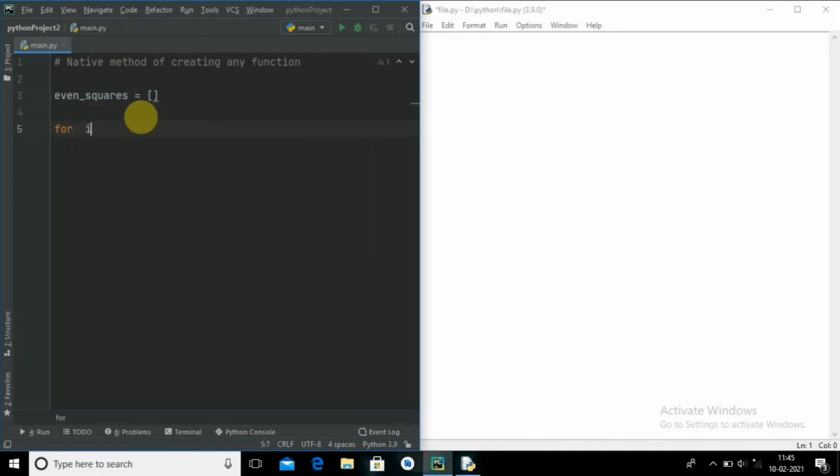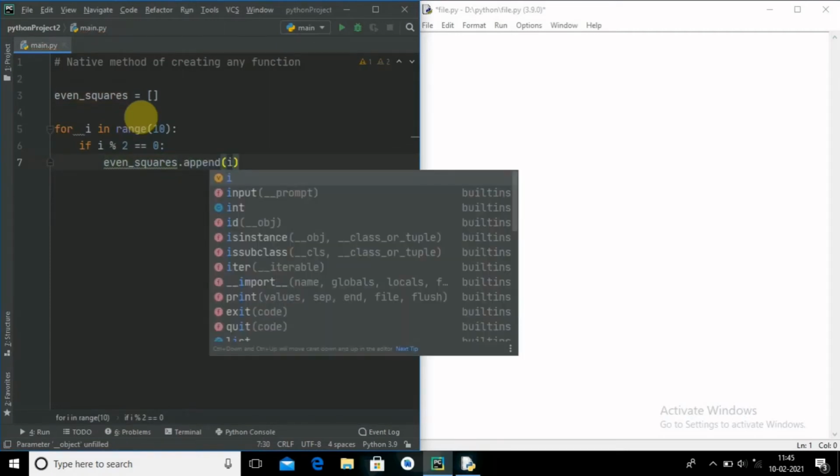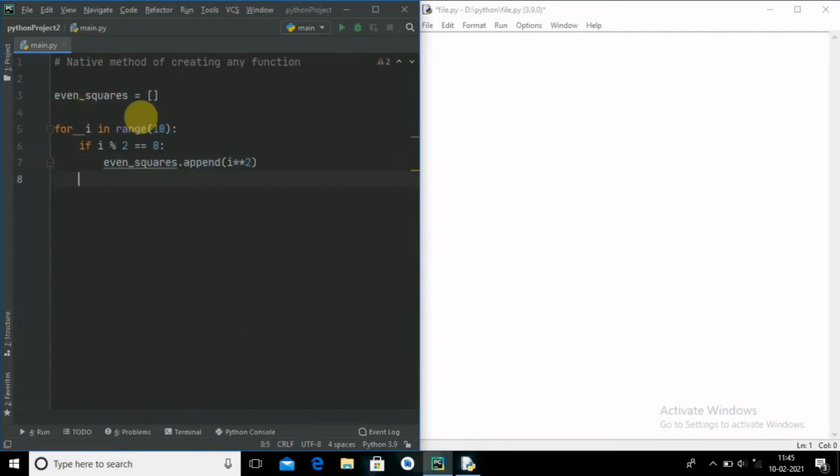Here I will write a function for i in range till 10 and here condition that if i modulus 2 is equal to 0, then even square dot append i power 2. That's it.